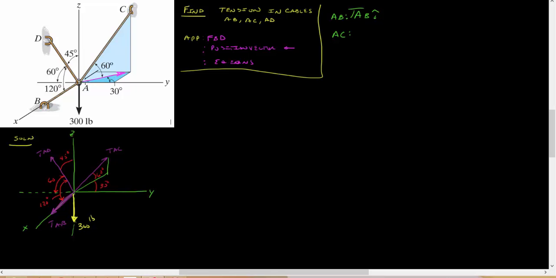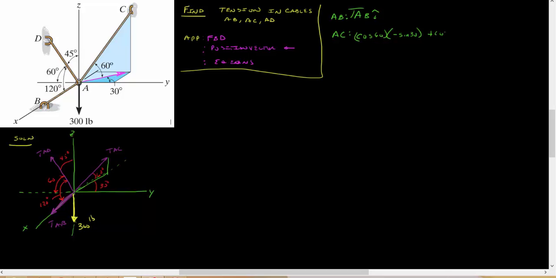Now again, this is what I was talking about. We have to put it in the xy plane first and then multiply it. So we say cosine 60 degrees, so now we put it in the xy, and then we're going to multiply by the sine of 30. Now we can say that x is negative. Remember, this is a negative x back here, so this TAC is going in a negative x direction, so I can say negative sine of 30